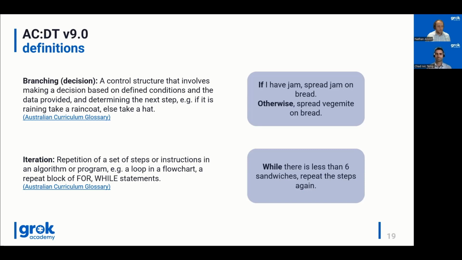Iteration is another sort of jargon term for basically a loop. It's where we repeat a certain set of steps or instructions in our program. So my loop could be, while there are less than 6 sandwiches, repeat the steps again. In other words, go back, make the next sandwich. Is there still less than 6? Go back again. And I keep going until I know I've got 6 sandwiches, and that means I've done making